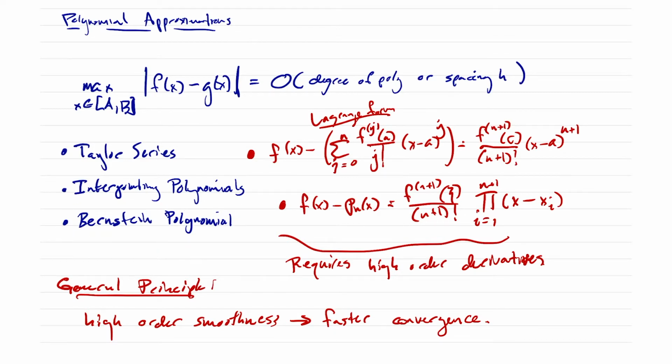Generally speaking, with Bernstein polynomials, the best you can do with just a continuous function is a big O of 1 over the square root of n. That is the best you can get for Bernstein polynomials with just continuous functions. But if you add on, say, that they're continuously differentiable or that they have 5 derivatives that are all continuous, then suddenly Bernstein polynomial approximations converge a lot faster. Okay, so